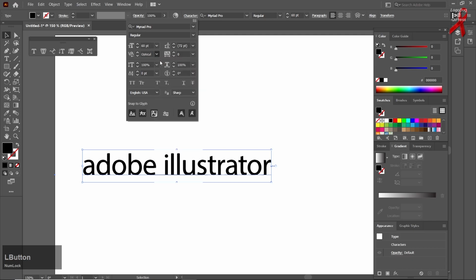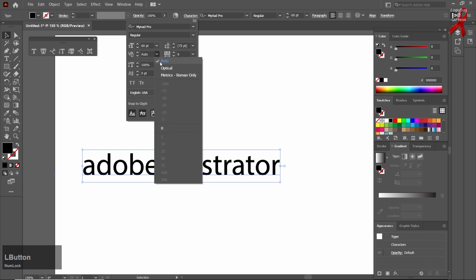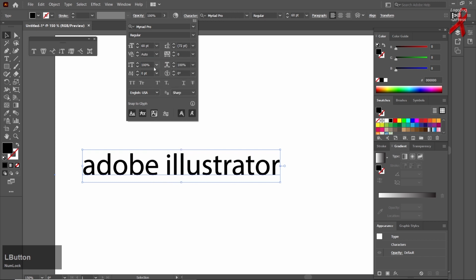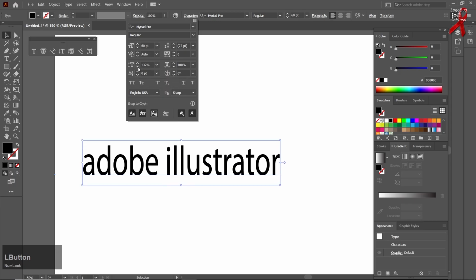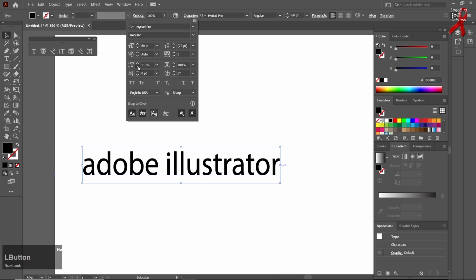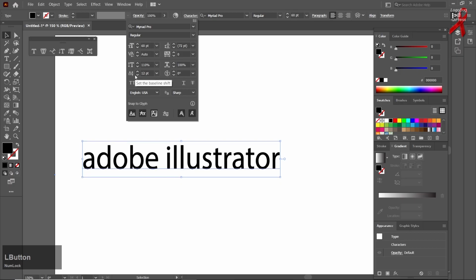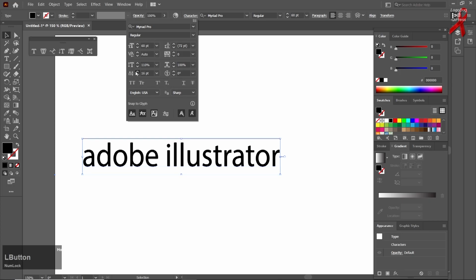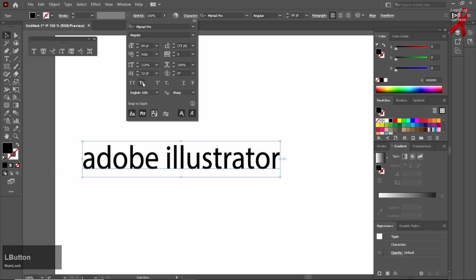Optical, I think this decreases the spaces between the letters. See, increase, you must be observing increasing the space between the letters or decreasing the space between the letters, and then you must go for this, which you can work on and you can make it like this. That works. See, and then you can go for this, which must be known as set the baseline shift. See, that is working. And then we have got set the leading,